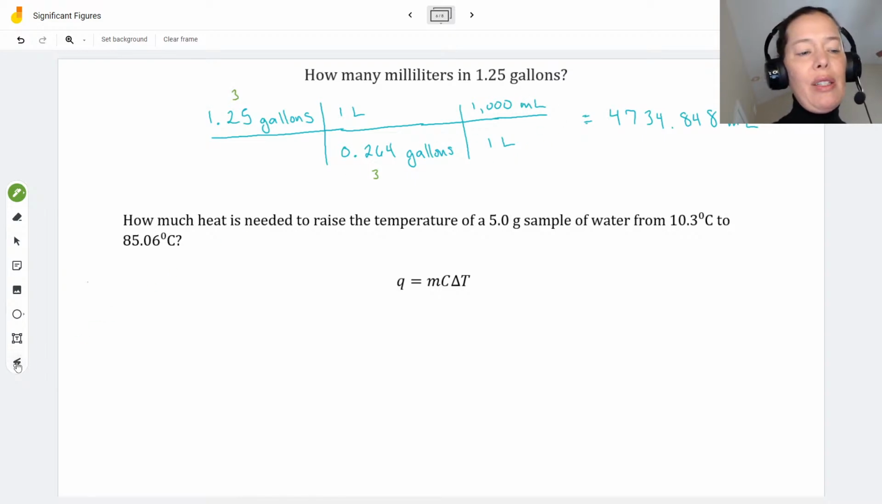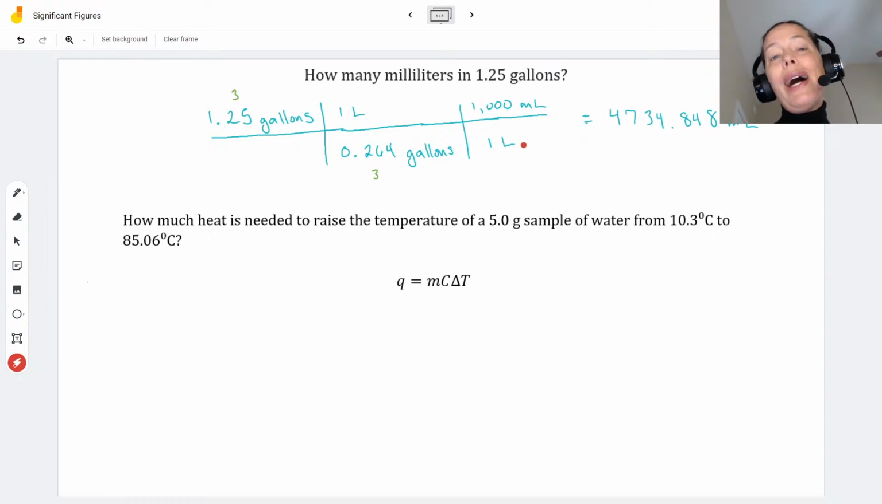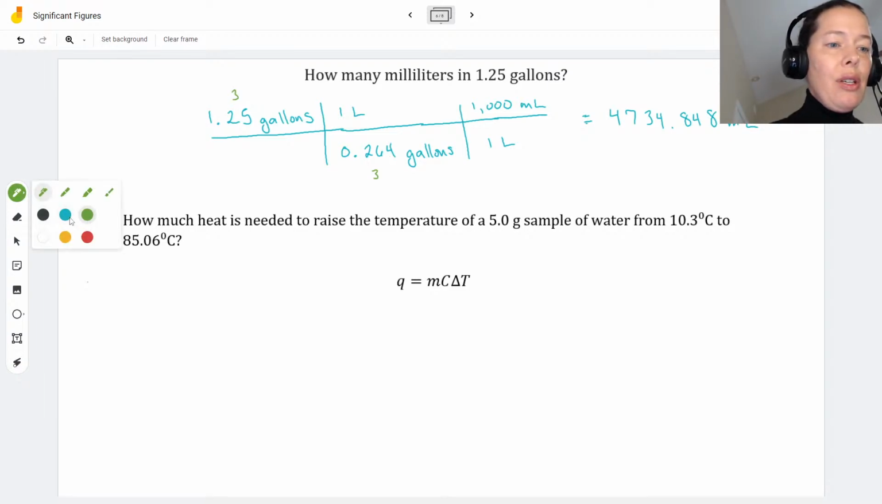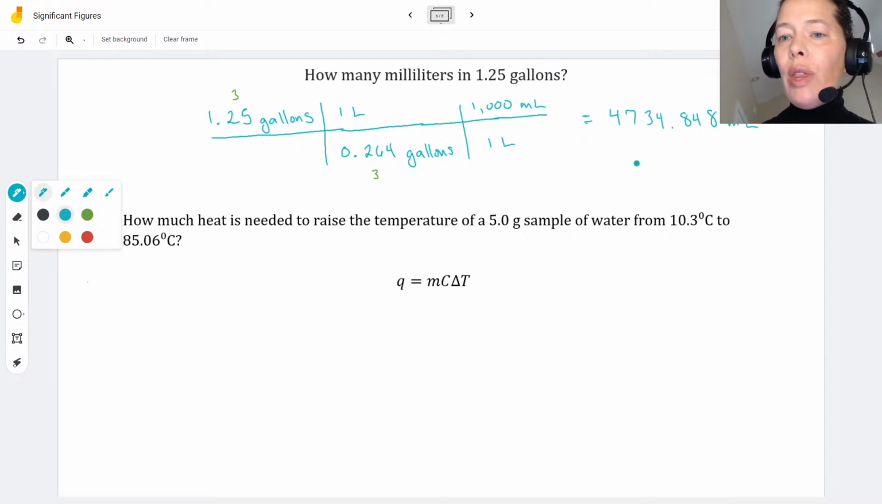Now, what's interesting about this conversion here from liters to milliliters is that it is another one of those exact numbers. So by definition, there are exactly 1,000 milliliters in 1 liter. So this conversion factor, again, is considered to have an infinite number of sig figs. So it will never limit you in your sig fig calculation. So both of these other two numbers have 3 sig figs, so I'm going to need 3 sig figs in my answer. So that should be 4730